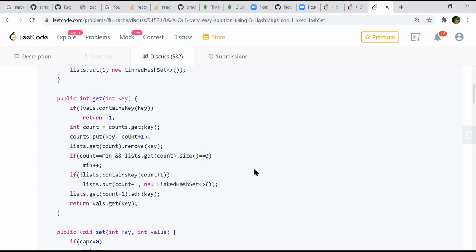Okay, so now he increments the bucket, which is the minimum. Min is a bucket, and then he finds if that count list, actually I think this is another list, another hash map. Yeah, then if it contains that count plus 1, okay, so the count is the frequency.